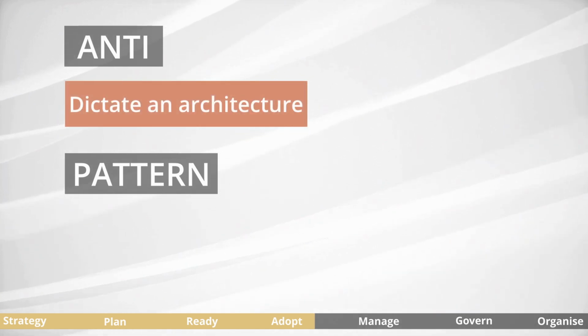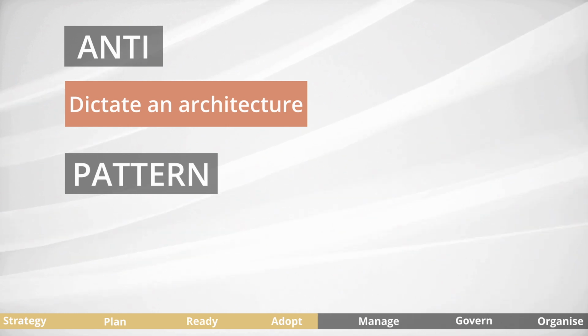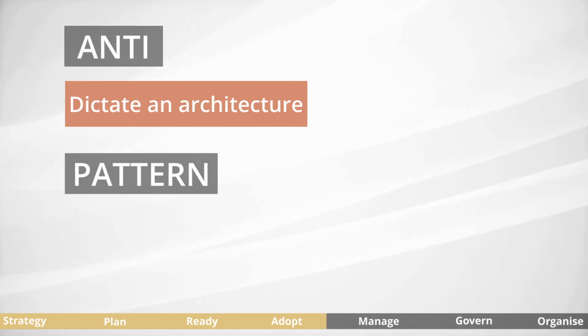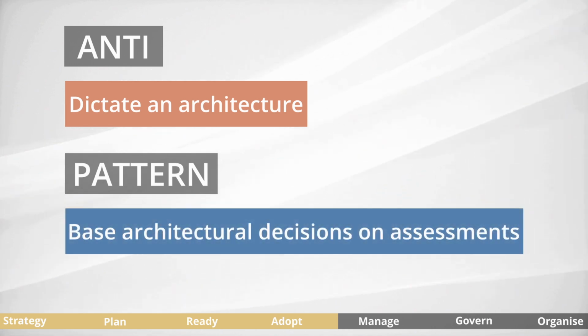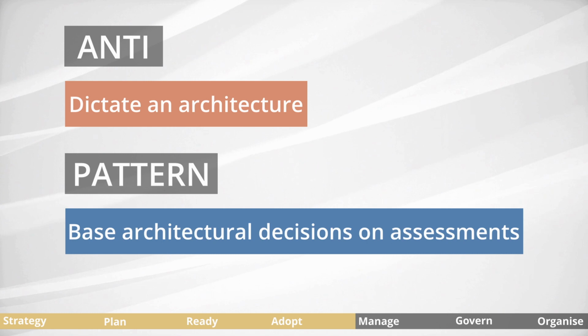Next antipattern is dictate an architecture. When developing applications in the cloud, a company may opt for a microservice-first strategy, assuming that a microservice architecture is always superior to a traditional monolithic architecture. However, if the company fails to conduct a proper application assessment and due diligence, this strategy can backfire. The preferred approach is to base architecture decisions on assessments. Choose an architecture based on the use case or an architecture assessment rather than following a specific style. Don't limit the options, as the cloud offers freedom of choice. Avoid picking architectures just because they are in fashion.